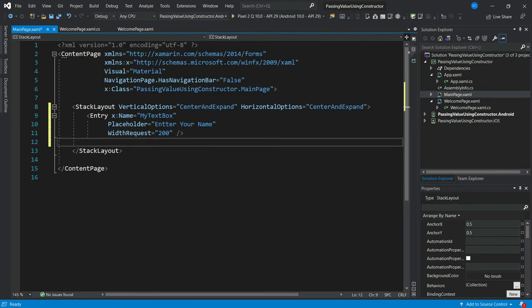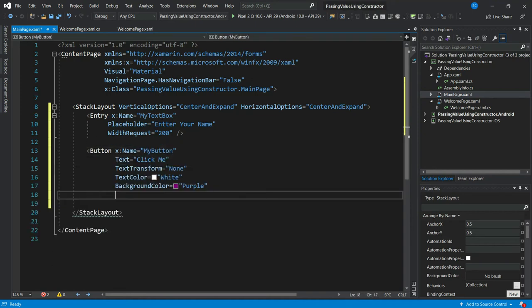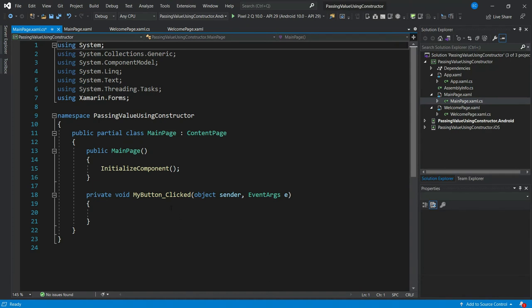Let's add one button. For navigating the page, we will add a clicked event. So the clicked event has been generated in mainpage.xaml.cs.